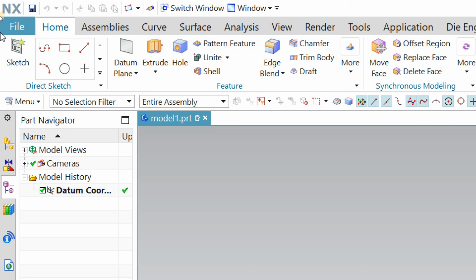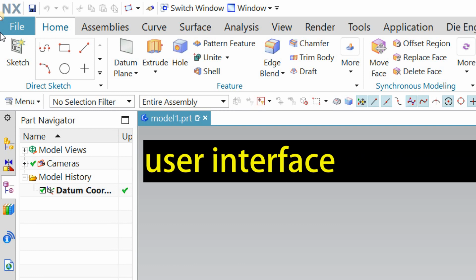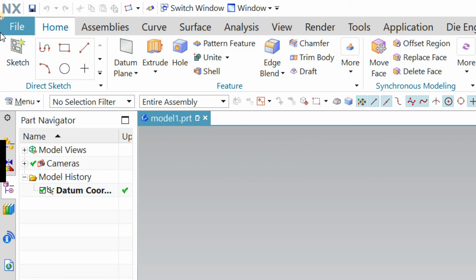So in today's session I will talk about some basic features of NX, as well as we will learn about the user interface of NX software. If I talk about the main concept in CAD, then you can construct 3D parts as a CAD in NX software, and then you can generate 2D drawings with the help of those 3D parts you have drawn, and then you can make the assembly also with those parts. We will see all these one by one in further sessions.